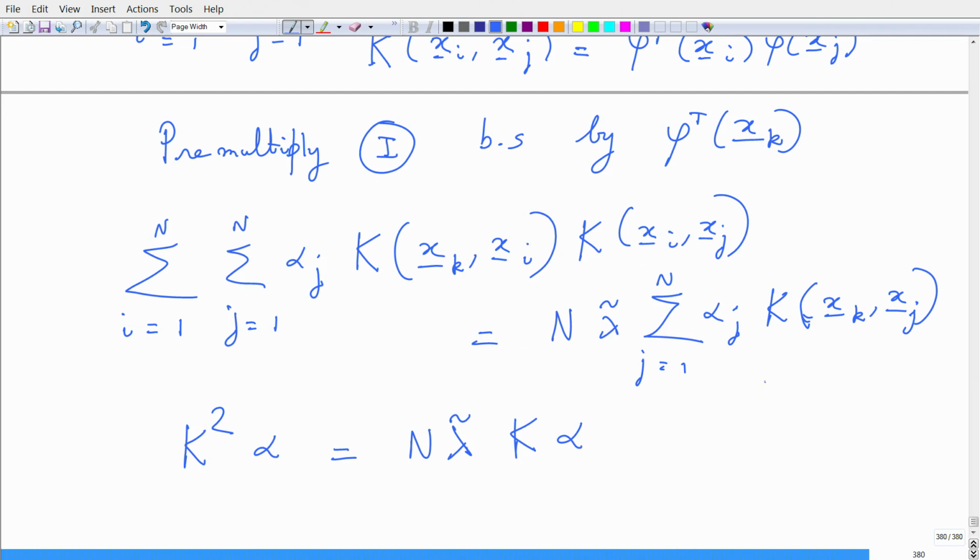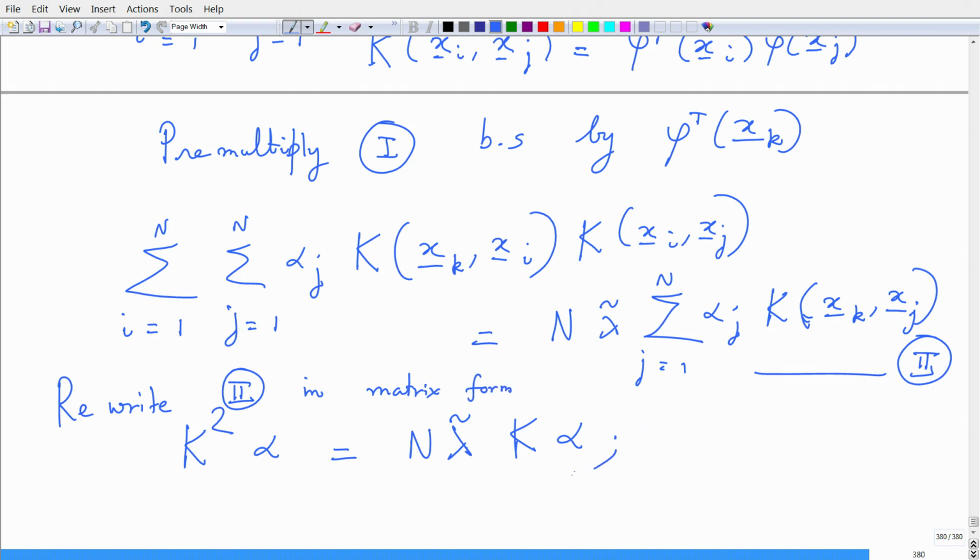So, this is what I call equation 2. I rewrite equation 2 in matrix form,